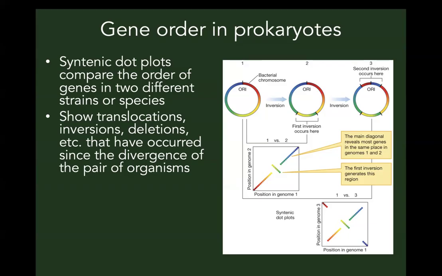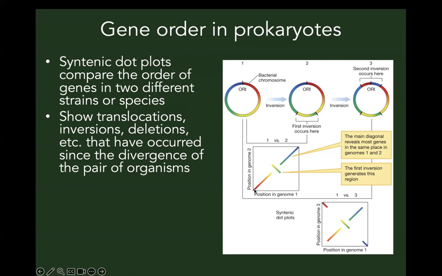All right. So we can use these kinds of syntenic dot plots to look at these patterns. If we imagine here, this original bacterial chromosome goes from purple to green, back to red again, and it had an inversion that happened here. You can see this little section got flipped around. So if we compare the genome of number one to number two, we're going to see that mostly